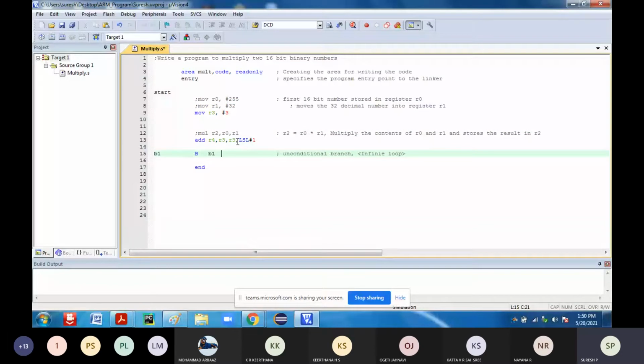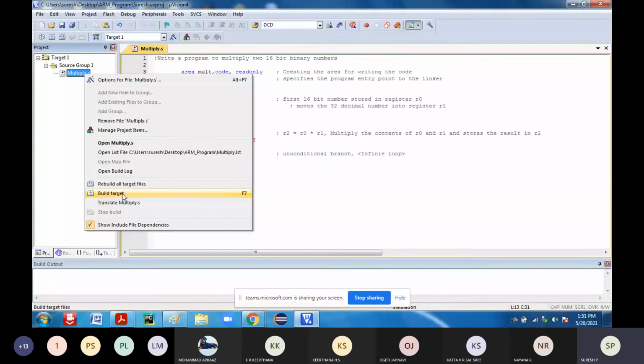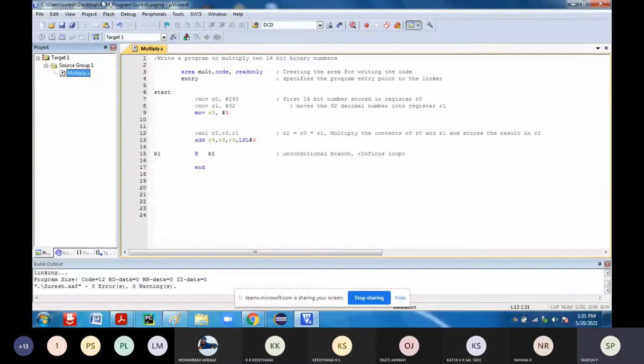Okay. So R3, R3, R4. I don't know what the value in R4 is, so I am shifting it by 3, whatever values you are going to get. So now, if you run this particular code,